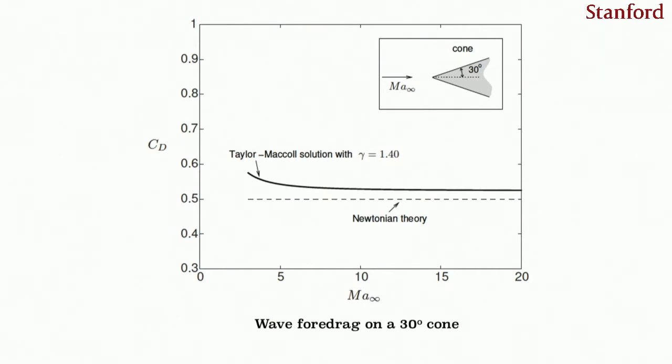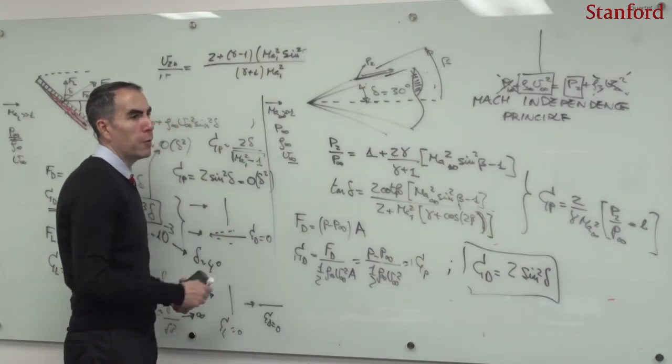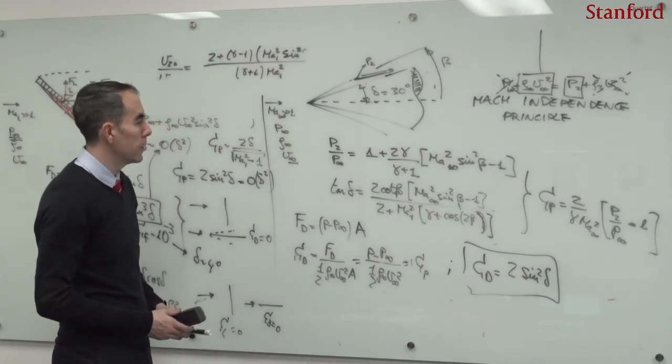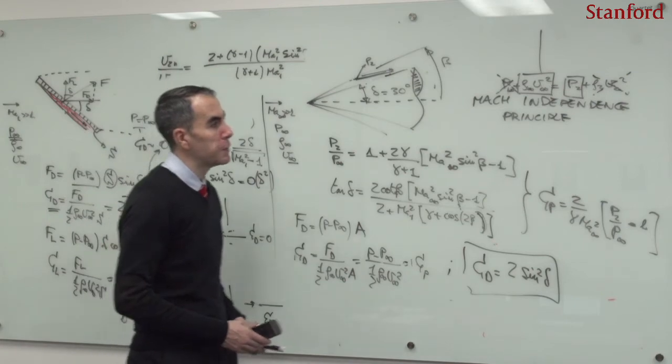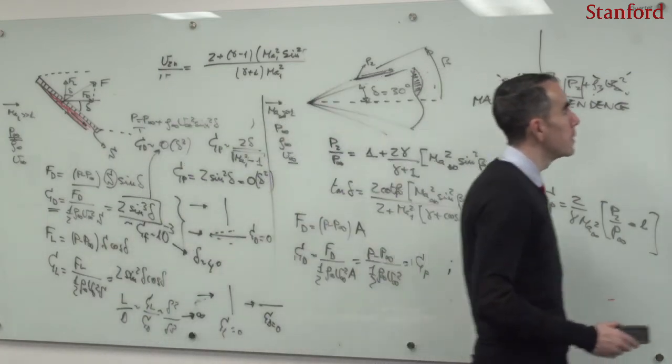So for instance, here we are comparing the Taylor-Maccoll solution for a cone and the Newtonian theory. And here the discrepancies are a little bit smaller for the Newtonian theory. We are talking now of discrepancies of the order of 5 to 10%. Well, so one can go and try to solve a more difficult problem beyond a cone. One can try to go and solve the problem of a sphere. For instance, let's go here.